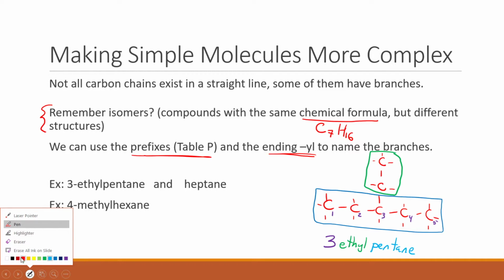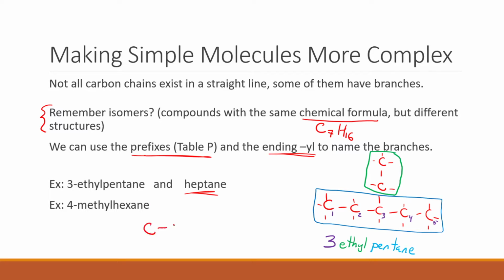Then I want to draw up for us our heptane like we had before. Hept is 7 carbons: 2, 3, 4, 5, 6, 7, all single bonded with hydrogens to fill in those other spots. If we look at these 2 things, heptane and 3-ethylpentane, they have 7 carbons and 16